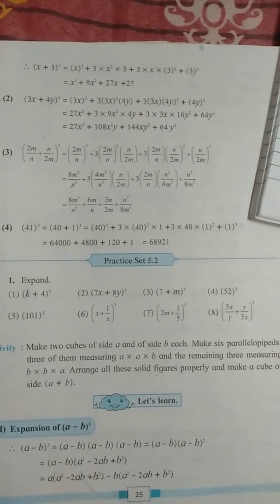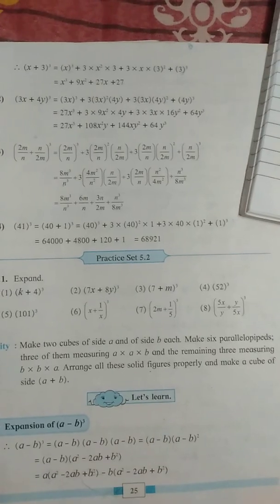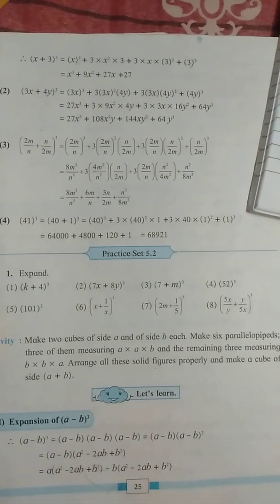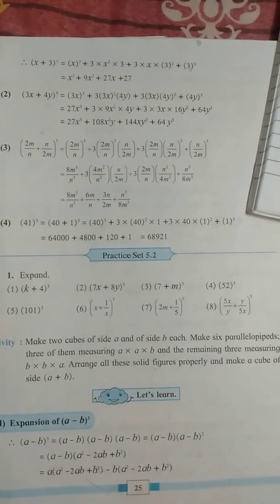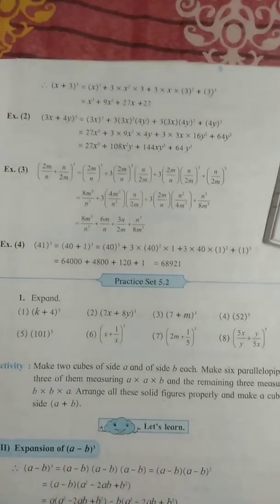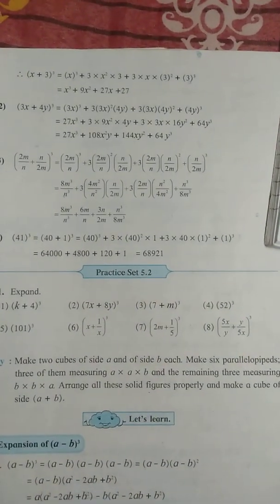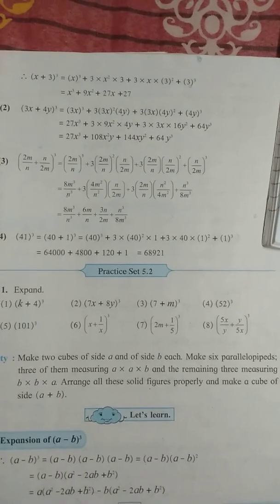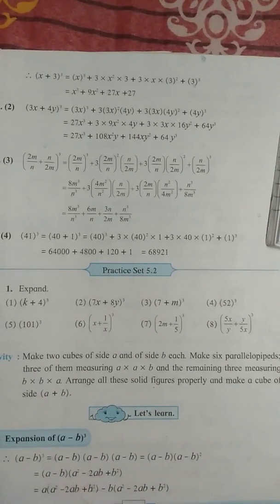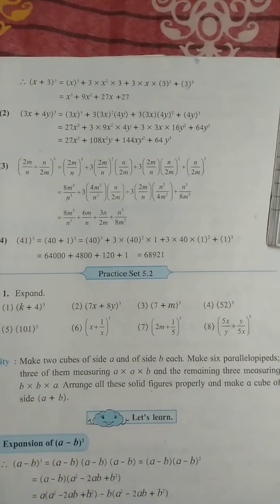For homework, you all are supposed to copy this. This I have already given in Monday's lecture, Monday's PDF. Plus, you all are supposed to write the formulas 5 times each. That means the expansions, up till now we have used 5 formulas. That is a plus b the whole square, a minus b the whole square, a plus b times a minus b, and a plus b the whole cube. And the other one is x plus a times x plus b. So there are a total of 5 formulas that we have used till now. So you all are going to write these 5 formulas 5 times each.